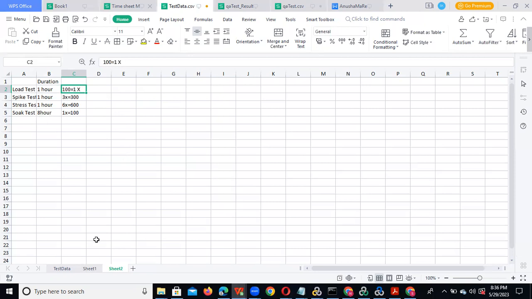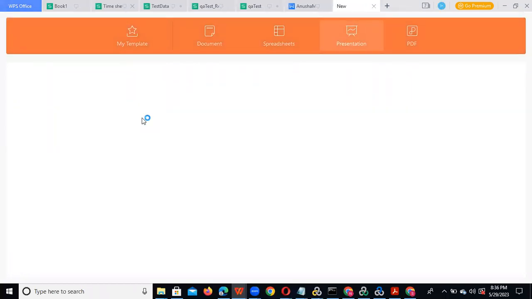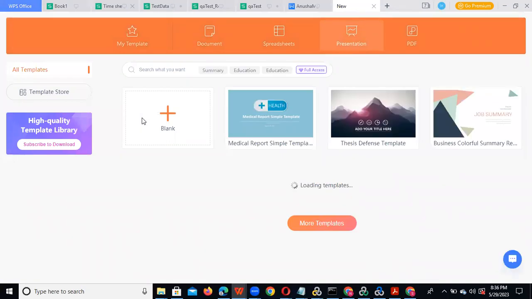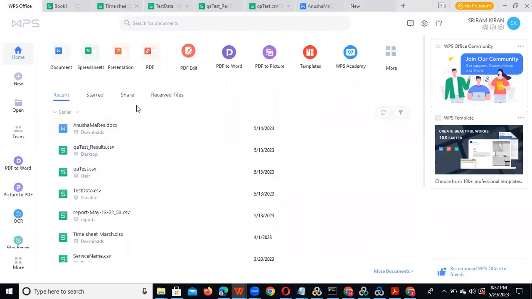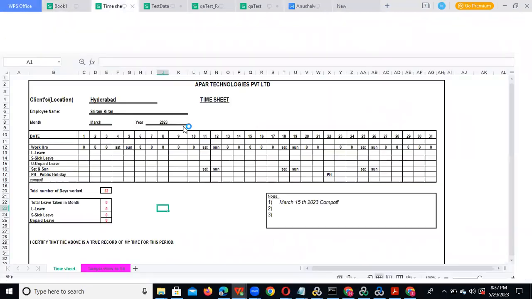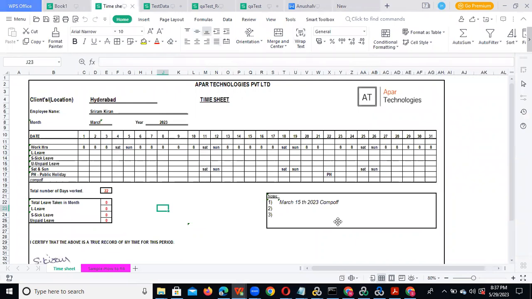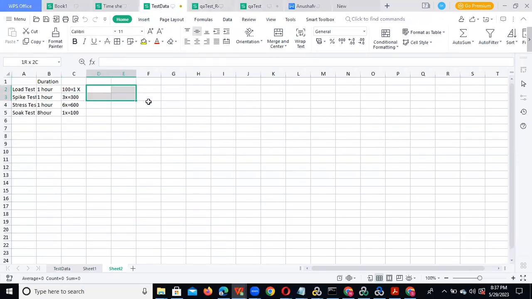So how can we design this scenario? 3x is nothing but